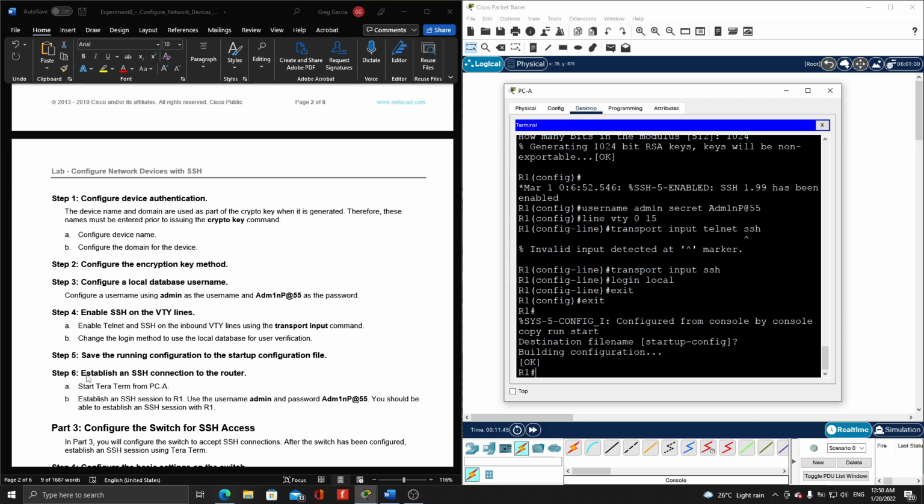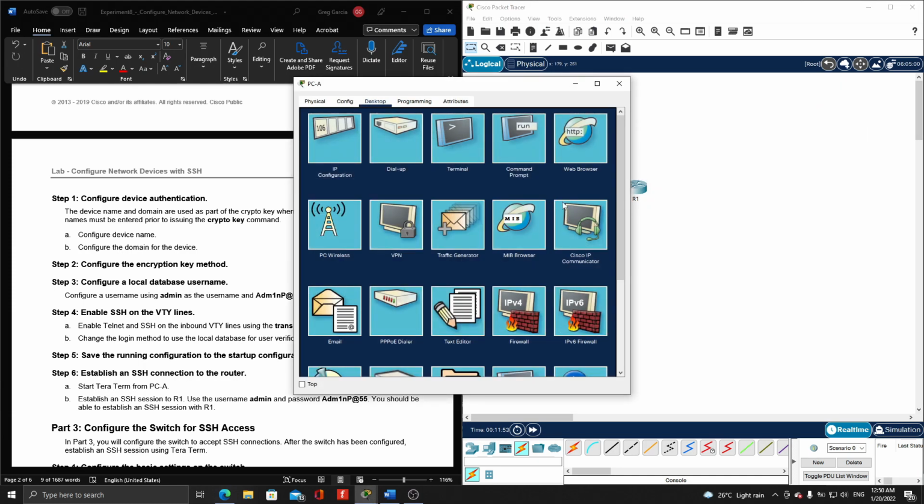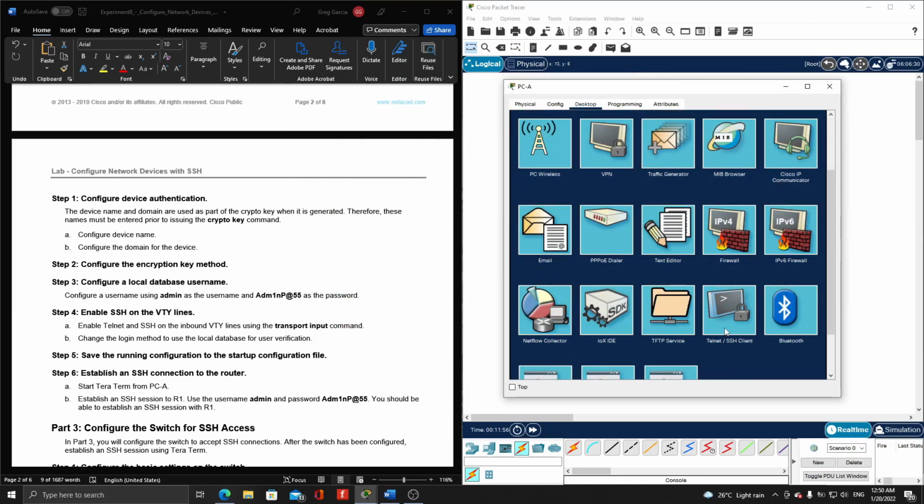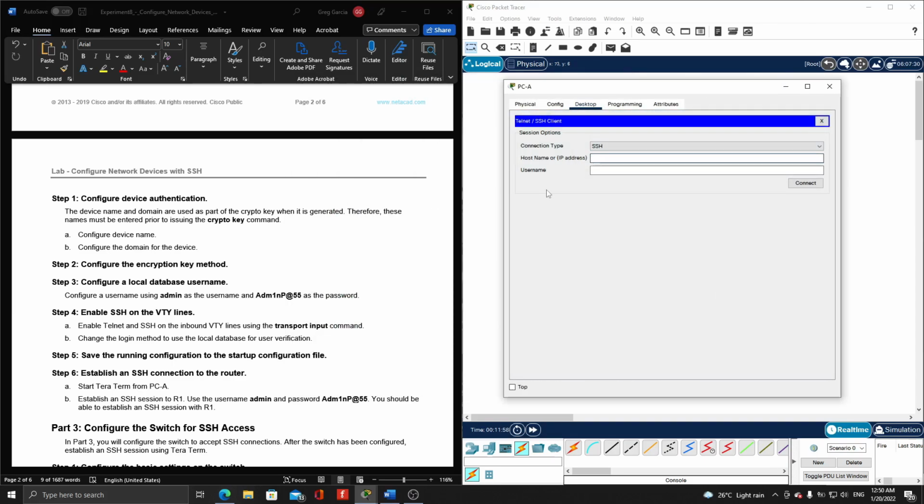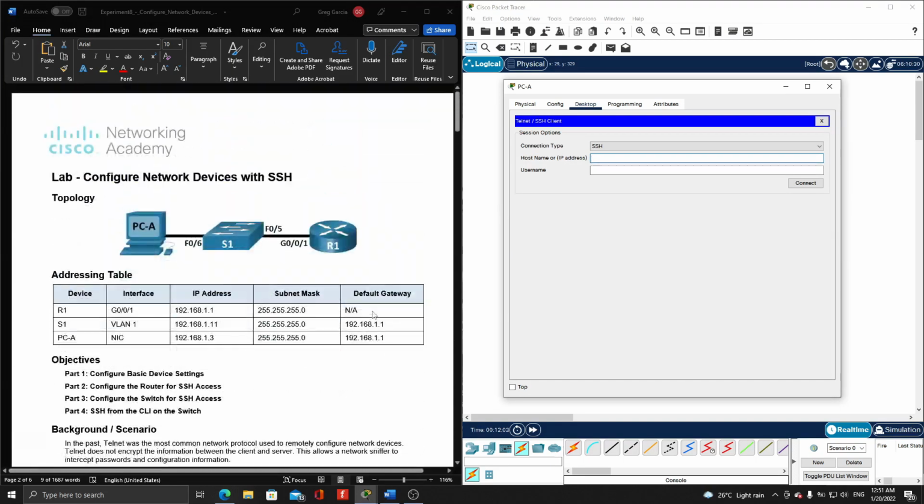Okay. Step 6, establish an SSH connection to the router. So A, start the terminal from PC-A. So let's go to PC-A and go to the Telnet or SSH client. Then hostname. Establish an SSH session to R1. So hostname or IP address